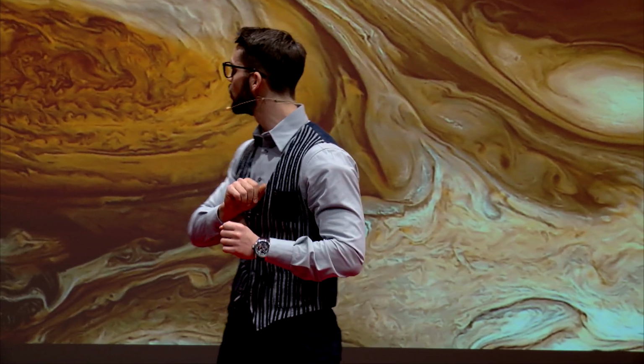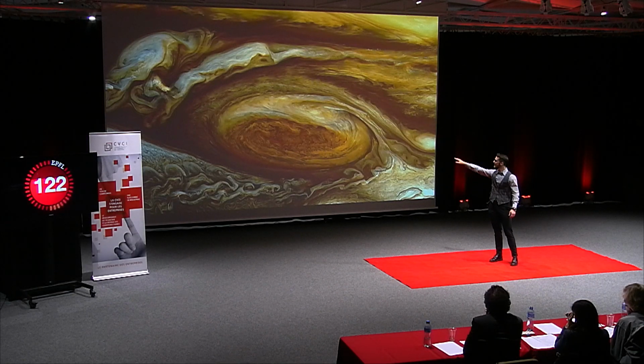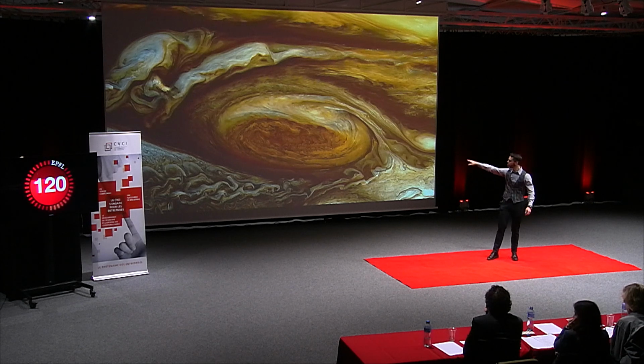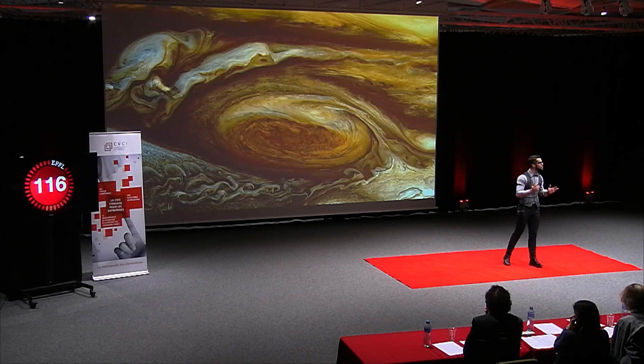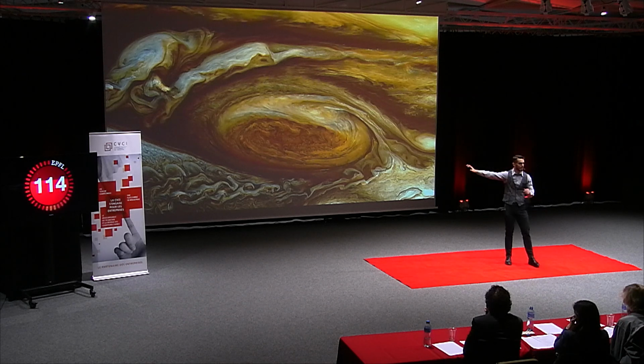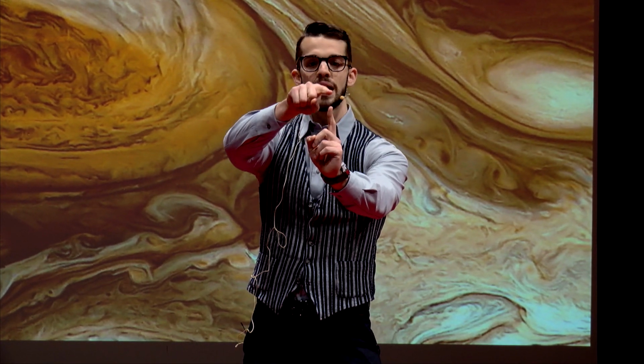Let me show you an example. If you look on the left side of the Great Red Spot, you will see an amazing wave structure, which is a series of smaller vortices. Keep them in mind. Now, coming back on Earth, when an object interacts with a flowing stream, a thin layer